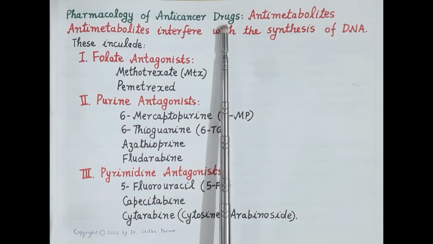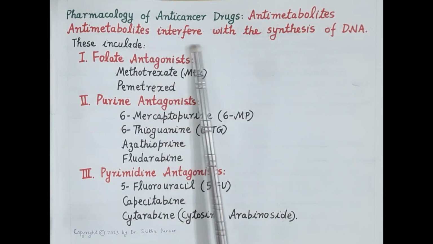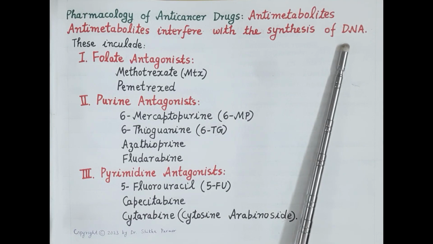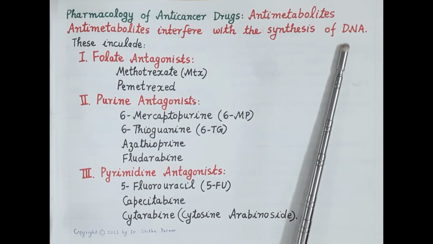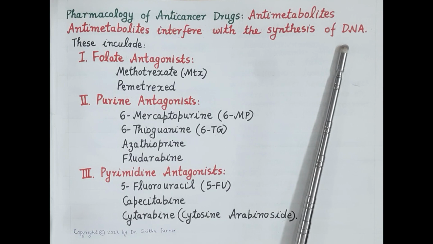So in today's video, we are going to study pharmacology of antimetabolites. Now antimetabolites is a very important, a very useful class of anti-cancer drugs. Now antimetabolites interfere with the synthesis of DNA. Now these are cell cycle S phase specific drugs. And during the S phase, DNA is replicated. So by inhibiting DNA synthesis, these drugs prevent DNA replication and thus the cell cannot divide and thus the rapid